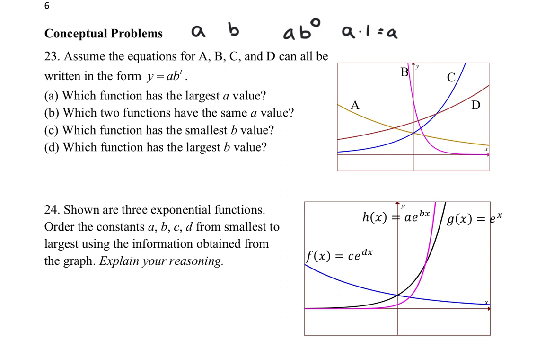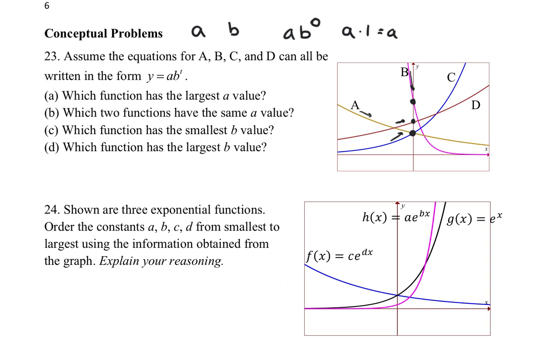So whenever t is equal to 0, we're going to have a, and a is going to be whatever our y-intercept is. So that means that we can find them. So here, right, this line A and this line C both have the same A value. This B value is up here, and this D value is going to be here, right? And then the B value is our rate, or our slope of this equation. It's the rate of change